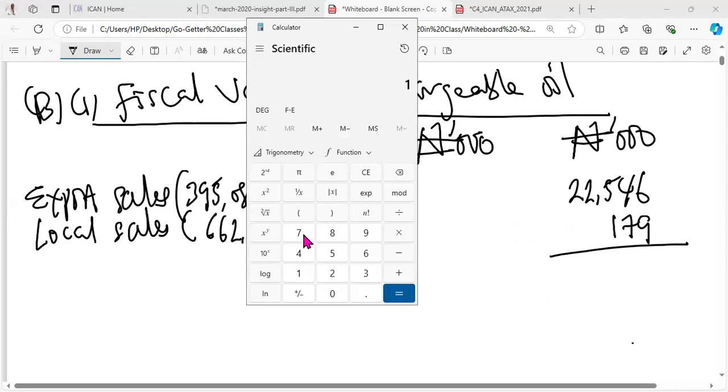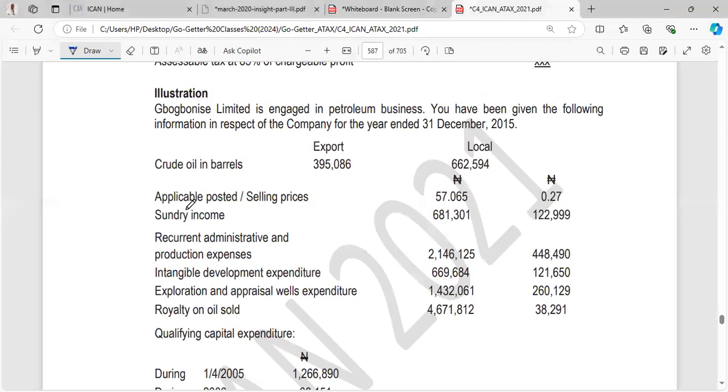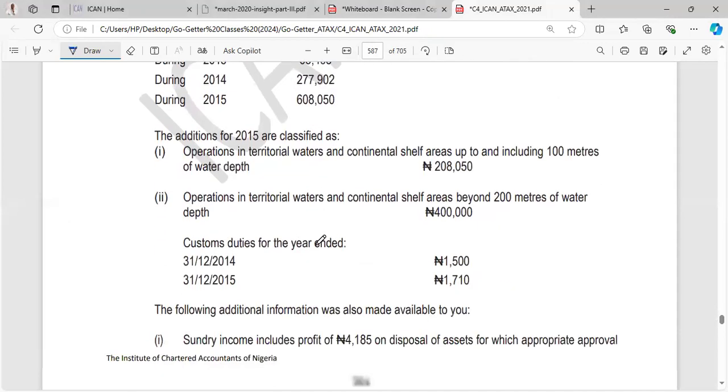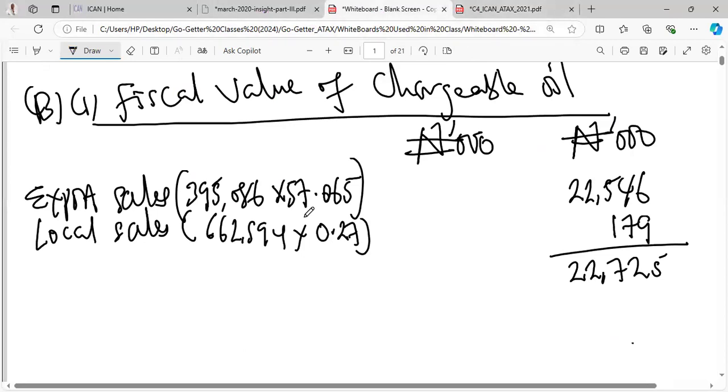179 plus 22,546. That gives me 22,725. Okay, so what else? This sundry income, all these are expenses. So this is the fiscal value of chargeable income. If you look at it now, they didn't put three zeros, they put everything. So when they add these two together, they've gotten 22,725, based on our approximation. So that's the same thing here, 22,725. So this is the